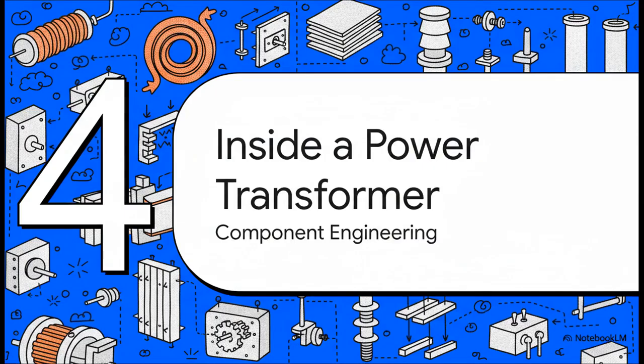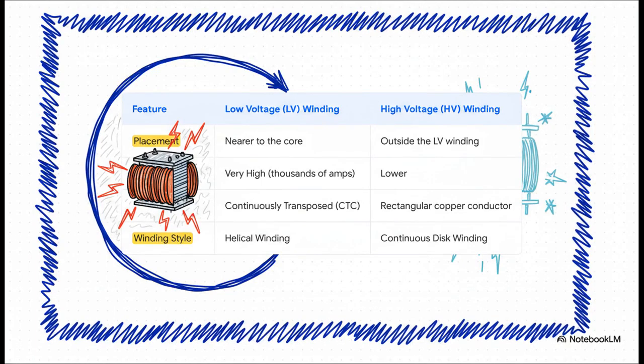Okay, now let's pop the lid off the tank and really deconstruct the sophisticated components that make up a modern, high-power, three-phase transformer. This table gives us a fantastic summary of the differences. You'll see the low-voltage winding is placed closer to the core. That's mainly because it's easier to insulate, and it has to handle enormous currents, sometimes thousands of amps. The high-voltage winding, on the other hand, sits outside. It carries lower current, but it needs much more robust insulation and a totally different winding style to manage all